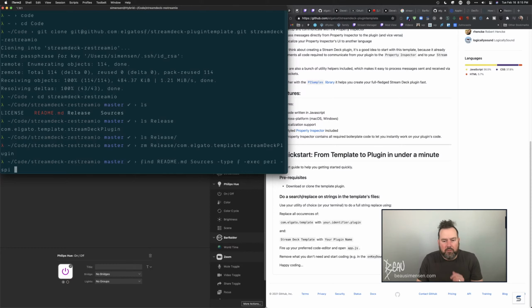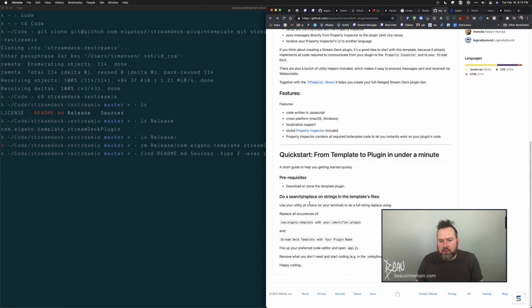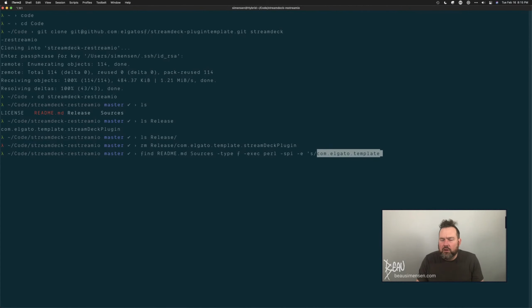So I'm showing my brain age here. I learned this command way too long ago, and so this is how I do things. And I'm pretty sure this is way simpler with sed or awk or both or whatever, but yeah. So we're gonna replace this with